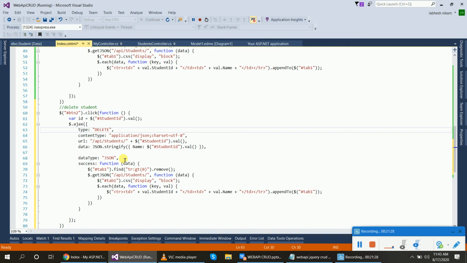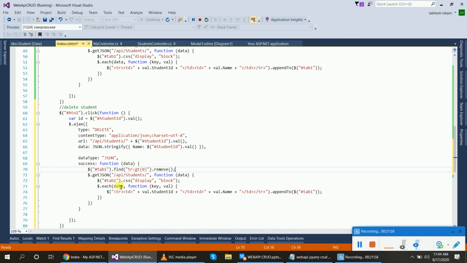You just have to delete name and ID of the student value. Data type JSON. When the function successfully runs, you will find the table, remove the row, and display the data inside of the table.